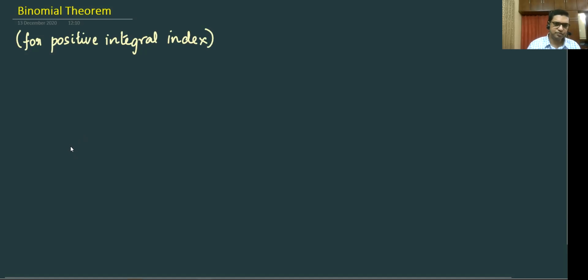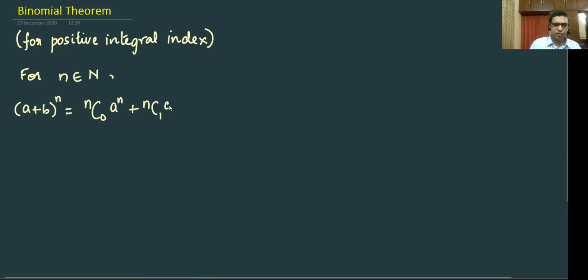So the binomial theorem is defined like this, that for n belongs to natural numbers, a plus b whole power n is equal to nc0 into a power n plus nc1 into a power n minus 1 times b plus nc2 a power n